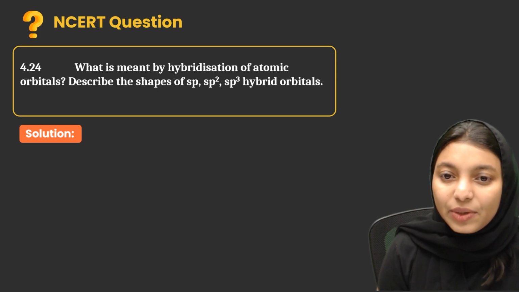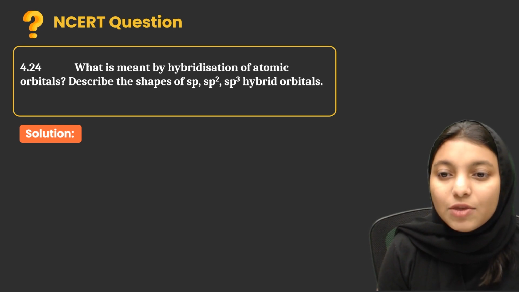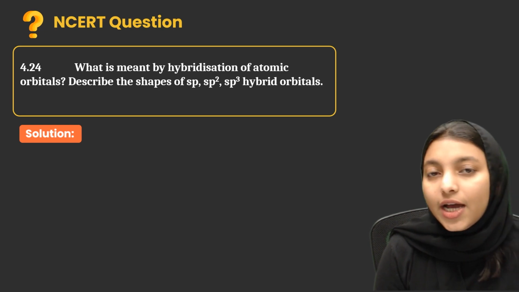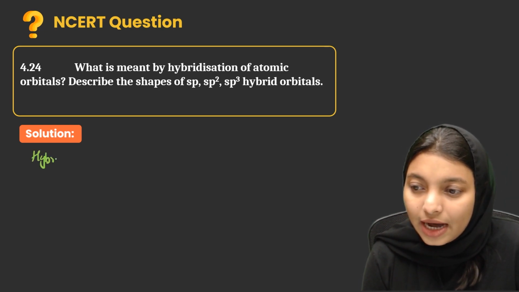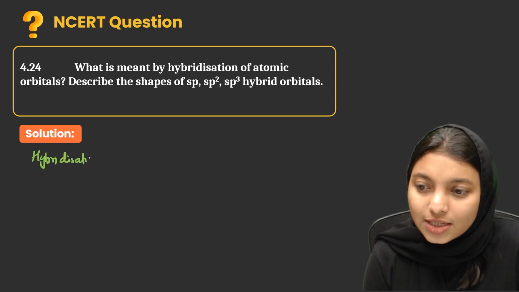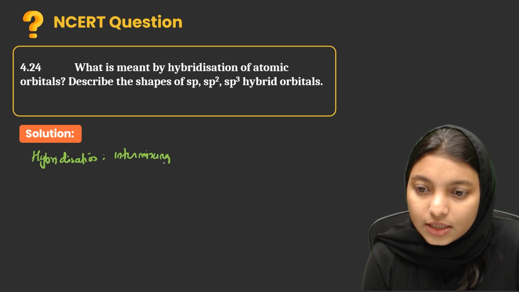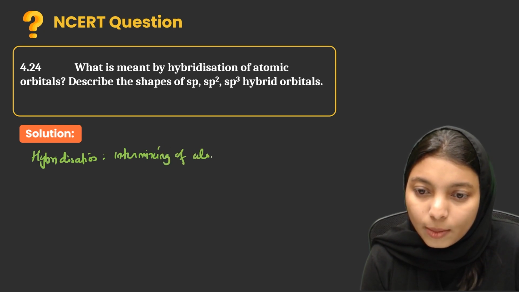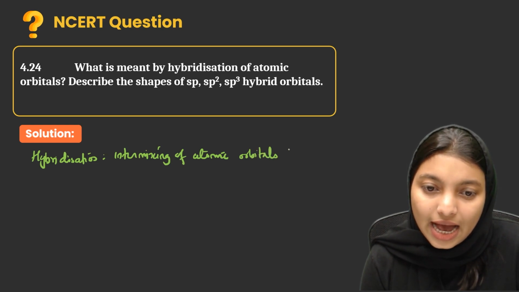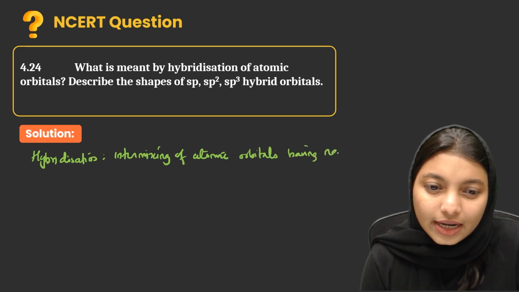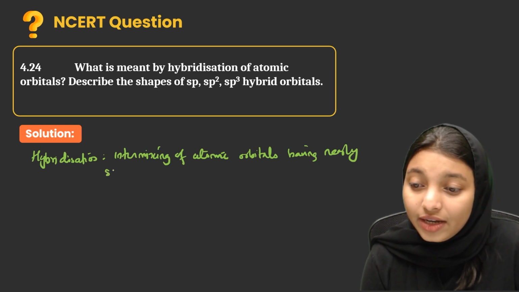What is meant by hybridization of atomic orbitals? Describe the shape of sp, sp2 and sp3 hybridized orbitals. So the first question is, what is meant by hybridization? We know what hybridization is. That is the intermixing of atomic orbitals having nearly the same energy